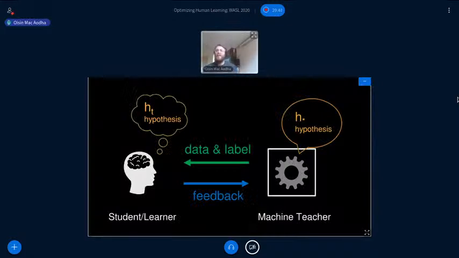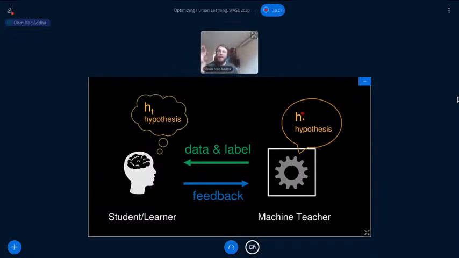Okay, so I posit that machine teaching or computer-assisted teaching algorithms can have a huge role in enabling us as humans to learn some of these domains much more efficiently and much more effectively. I think it was set up really well in the last talk, but just to give a brief overview: we're going to have some student learner that's interacting with our system, and there's some target hypothesis that we want to teach them. For example, that's the categorization task of interest.